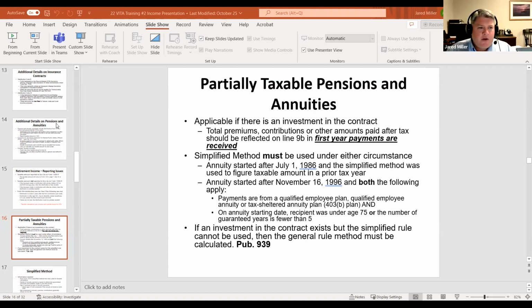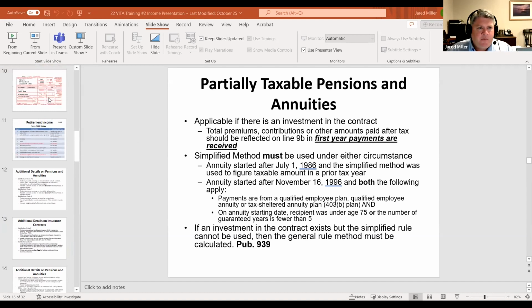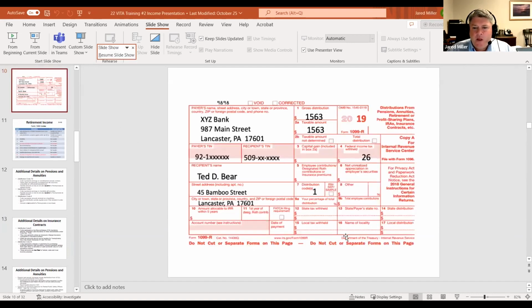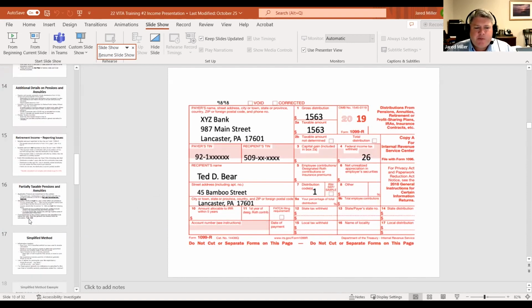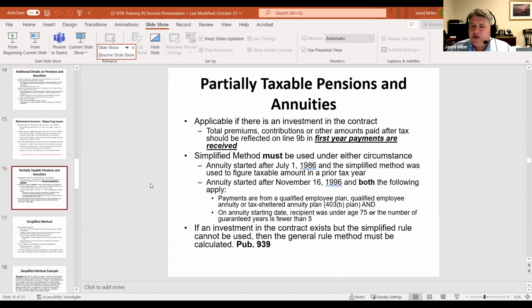I will quickly go back to that area here on slide 10 and show you down here is an area called total employee contributions. So total employee contributions would be reported in the first year in which an individual is actually receiving a distribution. What that means is that they actually have some money that they put into their retirement account, which means they're going to get part of that back tax-free. And we can go through a couple different calculations to determine how much will be tax-free or how we allocate that over the contract period.